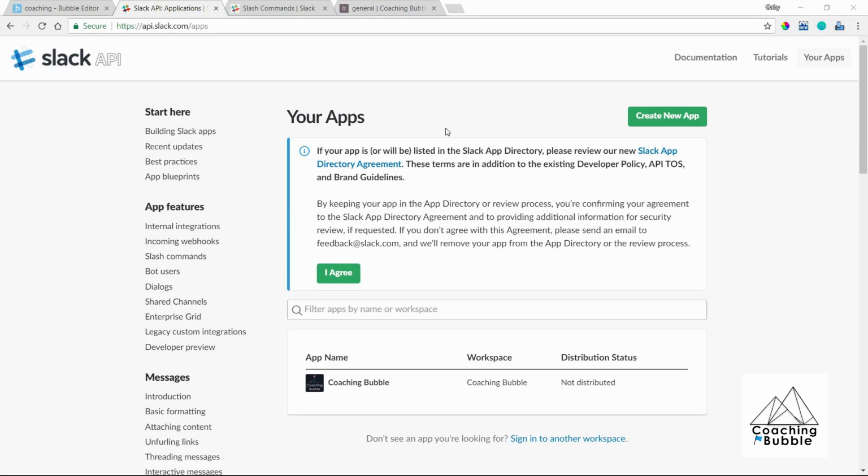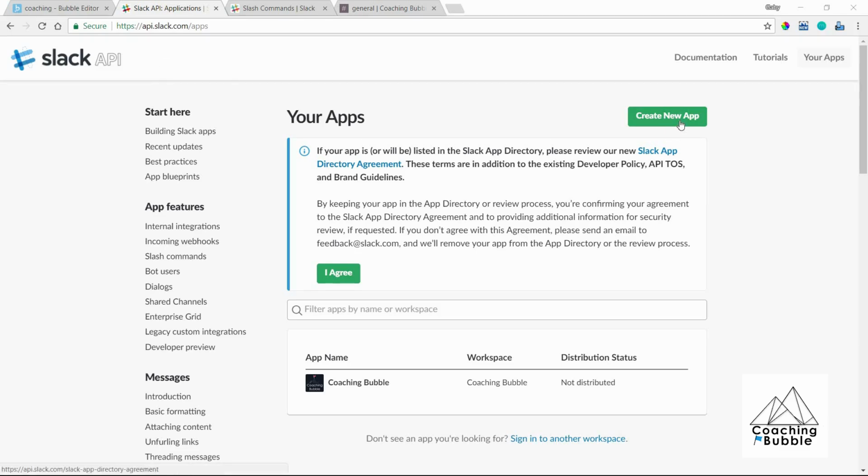so that you can type in a message in your app and have it post to one of your channels in Slack, as well as creating slash commands so that when you enter in a slash command of some kind in Slack, that gets sent to your application, and then you can respond with a message so that it gets posted back in the Slack channel, sort of like a question and answer function like you do with bots within Slack. So the first thing you want to do is go to